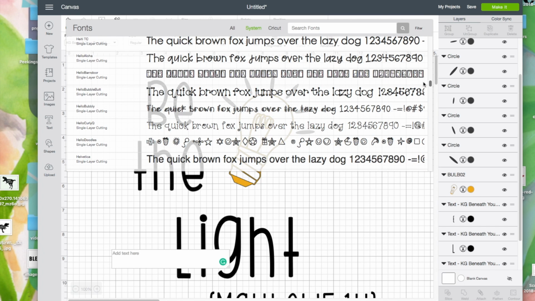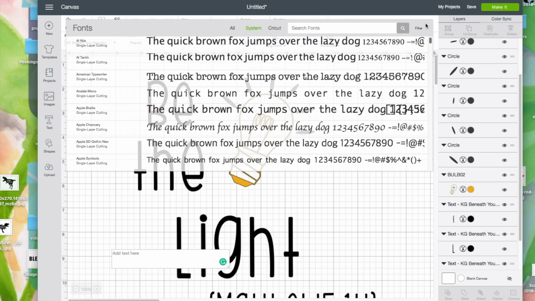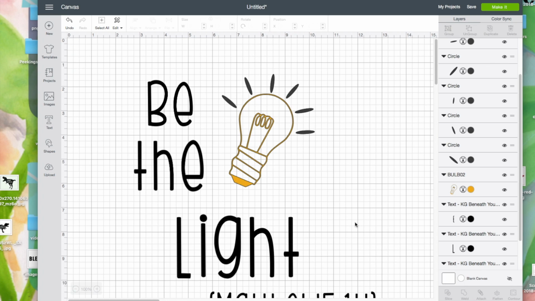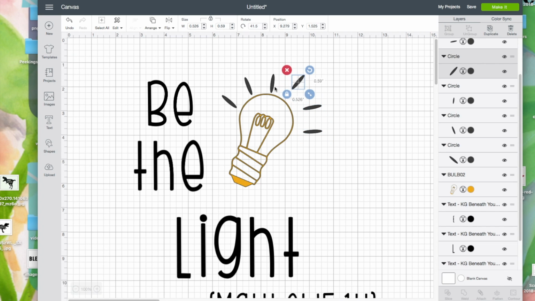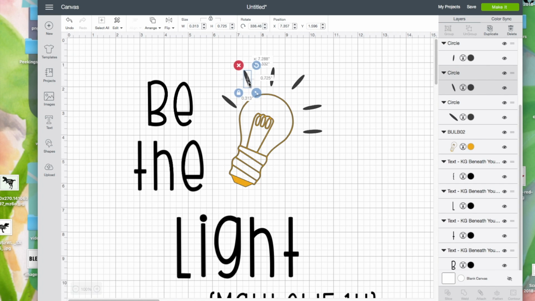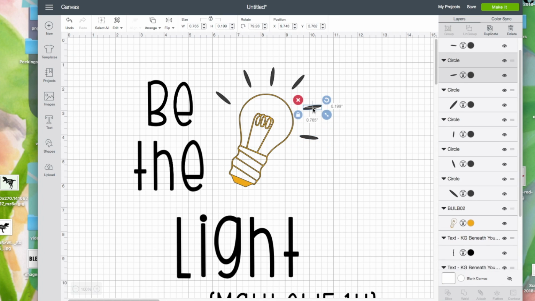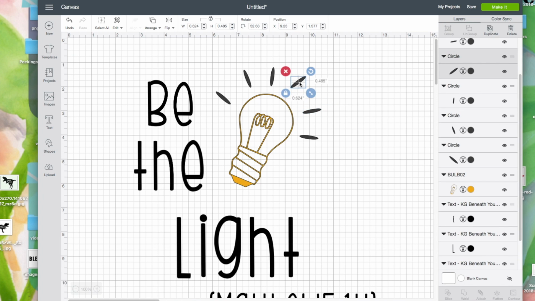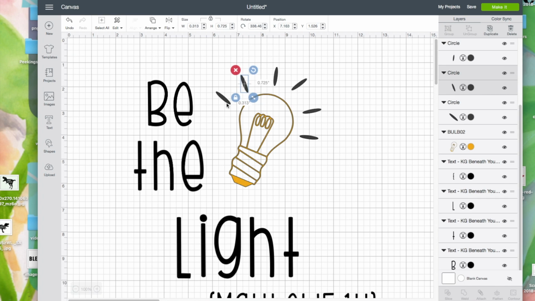I just like to match mine because I tend to forget, and if it's in black and I want to cut it in white, but I saw it was on black, I would forget that I wanted to cut it on white vinyl instead of black vinyl. So I definitely like to change my colors to match whatever color vinyl I'm going to cut it on, because I did that one time and it was terrible. I cut everything out in black and I wanted it in white, and I had already bought black shirts, so I had to go back out and buy white shirts because I was not about to waste all of that vinyl, and I cut it all out, and it was